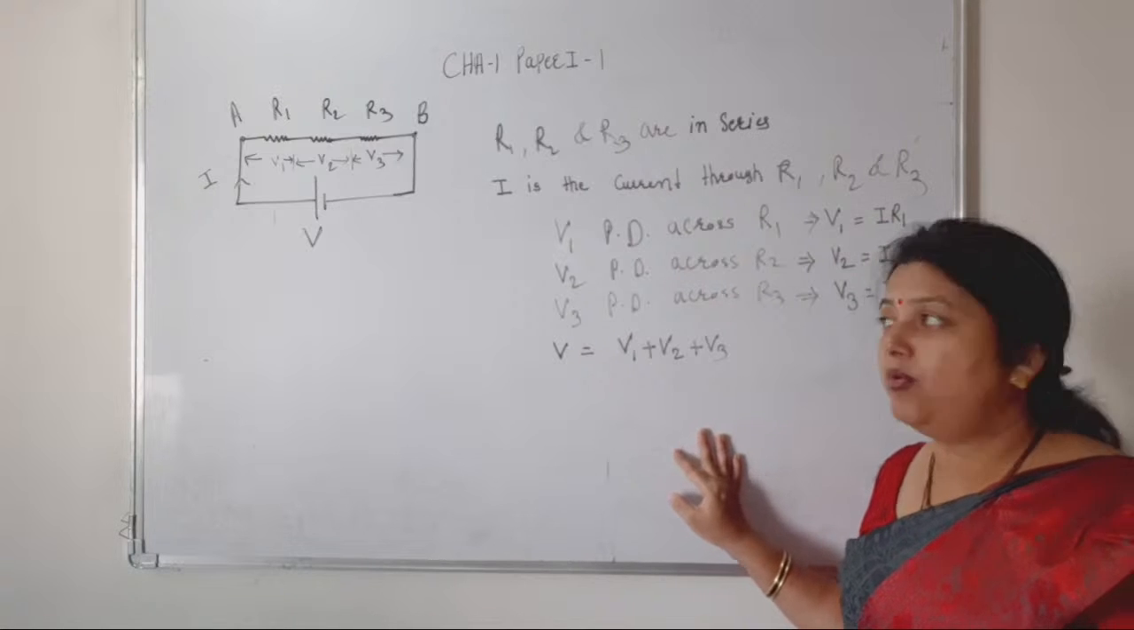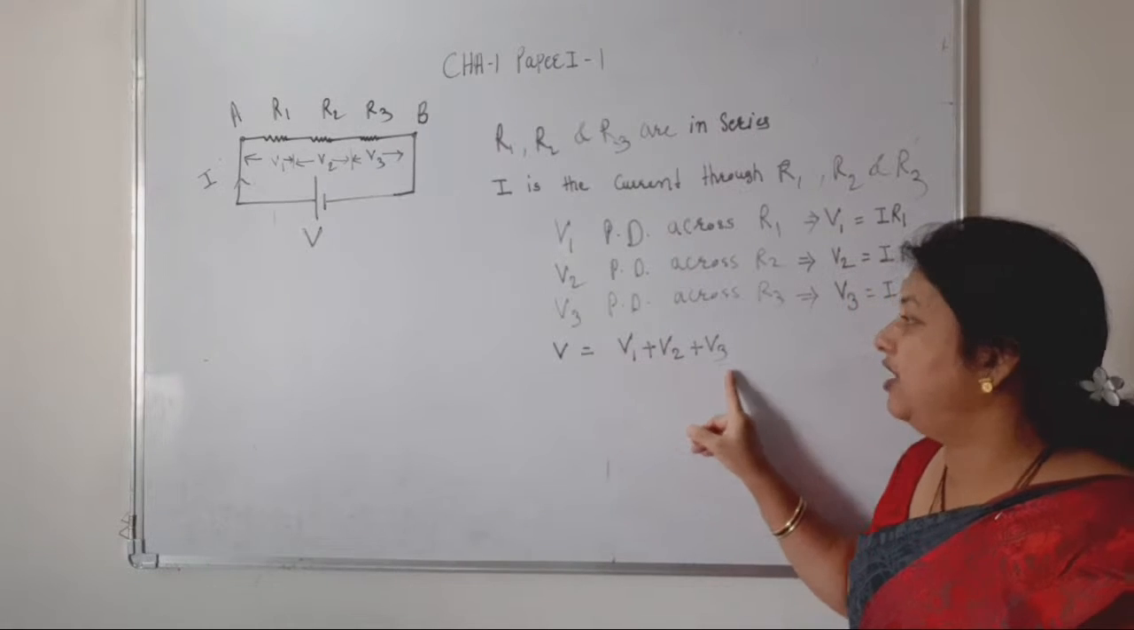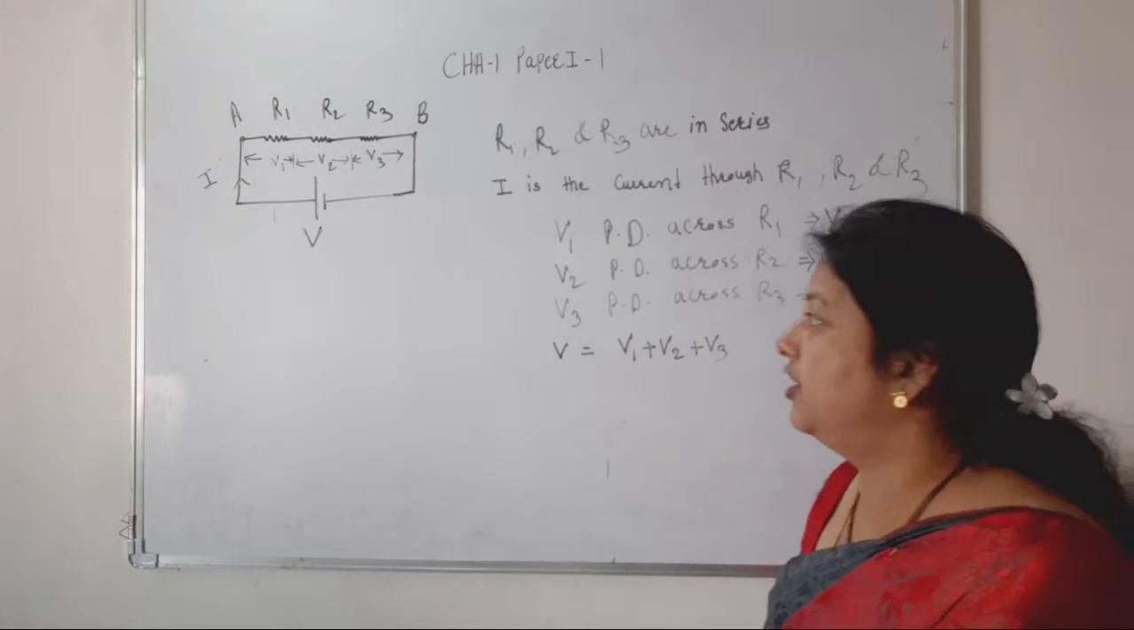Okay, then what do we want to study? We want to find out the value of individual V1, V2 and V3. So potential divider for